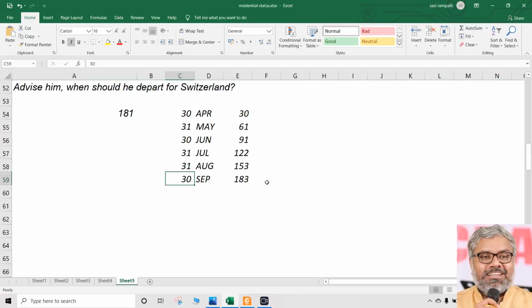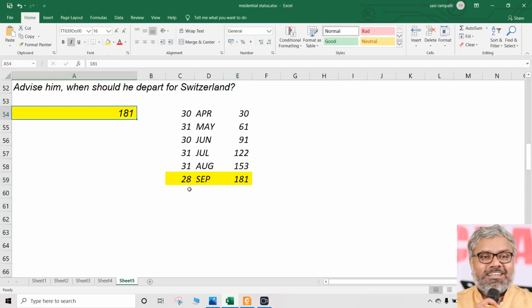So what should he do? Let us say in September he stays for 28 days only. Then naturally the number of days of stay would become 181. So if he departs on 28th of September, simple, then including the day of departure, that also will be included, no? So already how many days are included in September? 28th also being included. Even after including that, the total period of stay during the previous year is only 181 days, which is our original target.